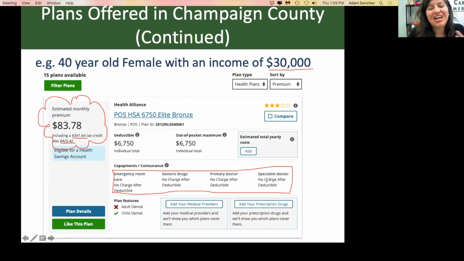So think of this as kind of, if you don't go to the doctor a lot, maybe you want to go to a bronze plan. You have something just in case to prevent really high out-of-pocket costs, but you don't really get a lot of regular care. You don't have prescriptions. You don't go to the doctor very often because this is going to be a really high out-of-pocket cost if you do end up going to the doctor or using a lot of medical services.